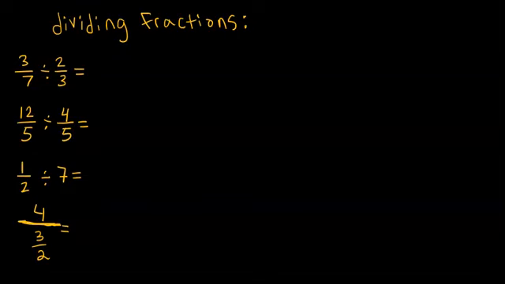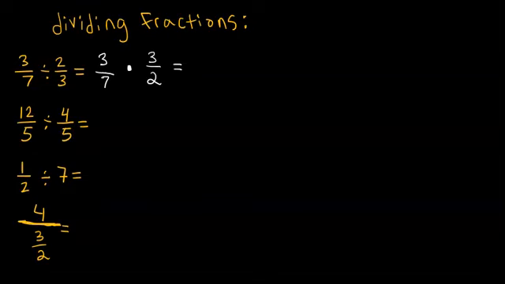couple of steps. So the steps are you take the first term, which is 3 over 7, you keep it exactly how it is, right? You take the second term and you flip it or you invert it, right? So we put the 3 on top. It was in the bottom. Now it's at the top, right? And you're going to change the sign from division to multiplication,